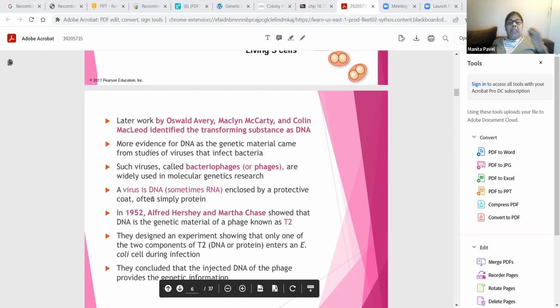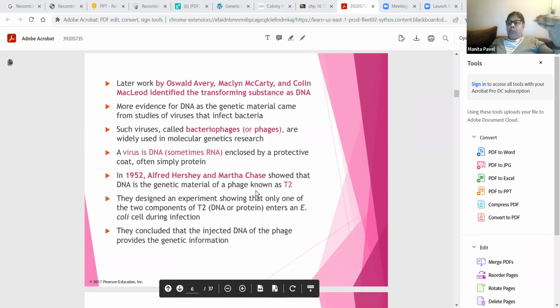A virus is DNA. Sometimes it could be RNA, and it is enclosed by a protective coat. Mostly it is protein, the coat. Now later, it was Hershey and Martha Chase. Alfred Hershey and Martha Chase in 1952 showed that DNA is the genetic material of this bacteriophage known as T2 phage. So they designed an experiment to show that only one of the two components,